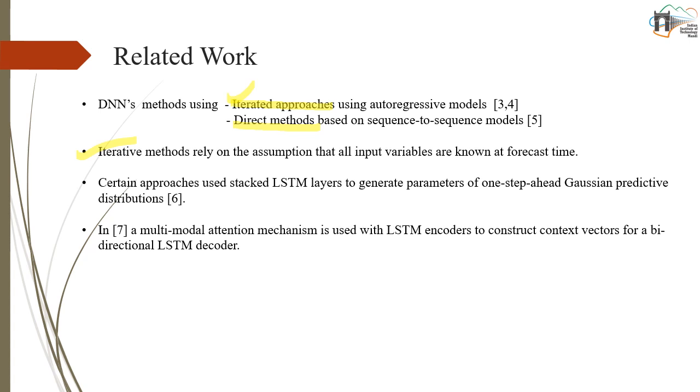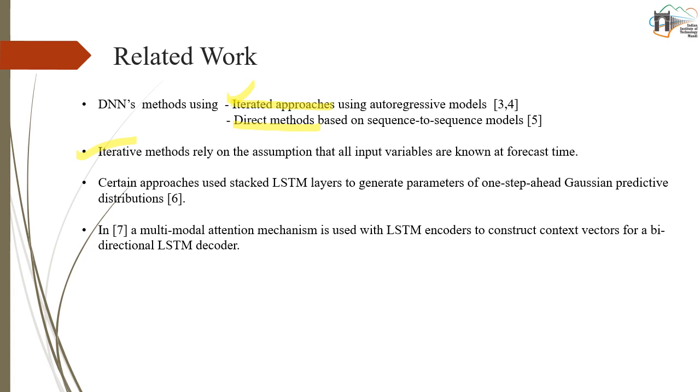One example of these direct methods is the multi-horizon quantile recurrent forecaster, MQRNN. The comparative study of all these methods with our temporal fusion transformer will be shown in the results section, so you should be getting the hang of them. MQRNN uses LSTM or convolutional encoders to generate context vectors, which are then fed into multi-layer perceptrons, MLPs, for each forecast horizon. These direct methods generally outperform iterative approaches in terms of accuracy.